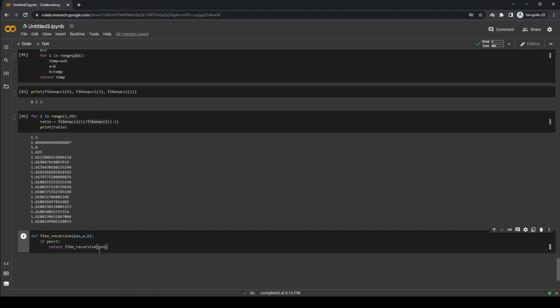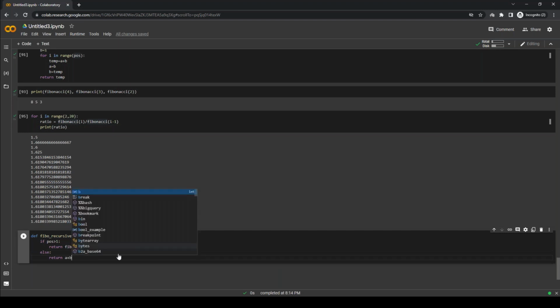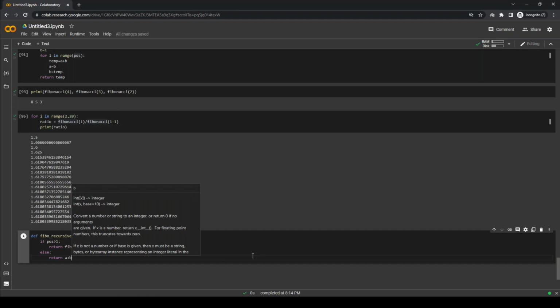Here you do position minus 1, decrementing your position, then b, which is your assignment, and then a plus b, which is your temp assignment, right? And if that is not the case, you just return a plus b. Cool. Now if I execute this,